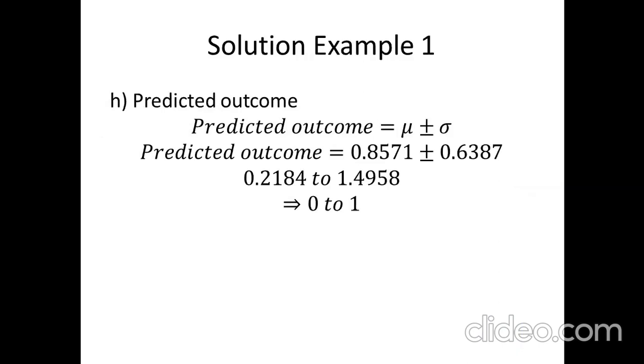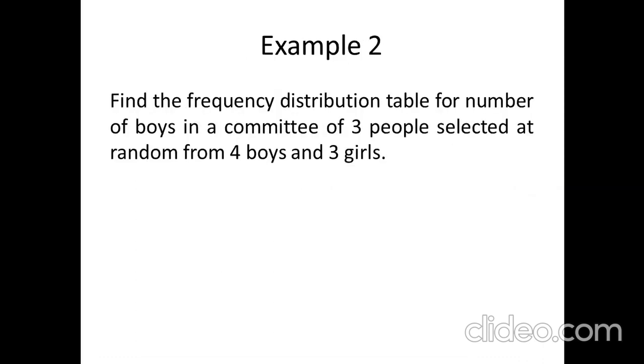Otherwise, we would have ended up with the answer that the predicted outcome is from 0 to 2. Then what is intelligent in this? Because the actual data set values were also from 0 to 2. Nothing useful would have been done. Okay, so I think you have got this, and this is how we do the analysis of the data set. Let's move on to some more examples. In these examples, we will not be doing the analysis, just summarization, because the analysis portion is the same.